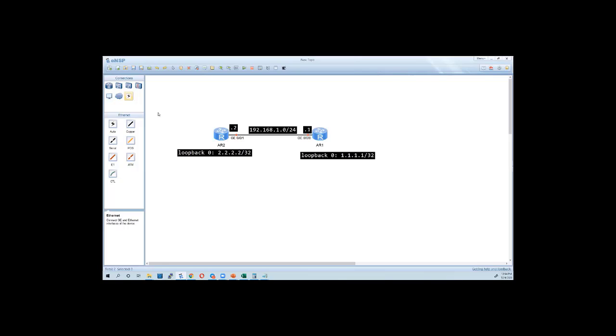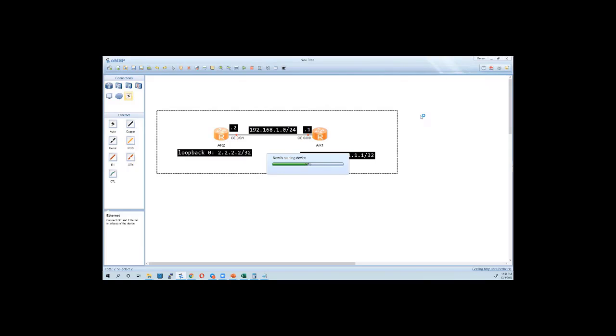This is dot 0, please note. Knowing the interfaces is important, because when we are configuring, we are going to configure those interfaces. So I start up the devices. That labeling helps me when I'm configuring. I don't have to be opening the